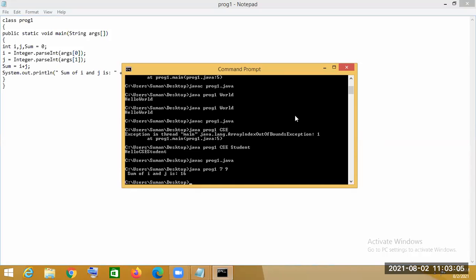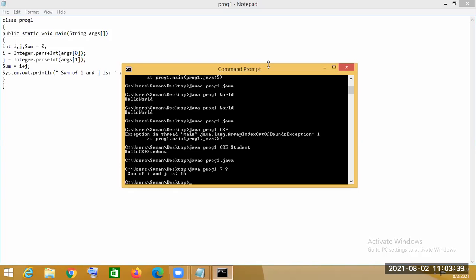So when we are passing 7 and 9, don't think they are integers, because if we didn't write Integer.parseInt, then the values would be concatenated. The argument always takes a string, so the Integer.parseInt method should be used to convert that string to the integer type.